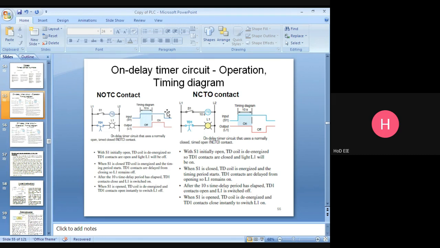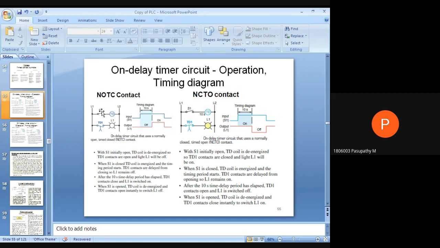Suppose this switch is on. What should happen? This one energized, this one should open, the light should go off. Am I right? This is the normal operation of these two instructions. Am I right? Ashwini, normal operation, could you understand?